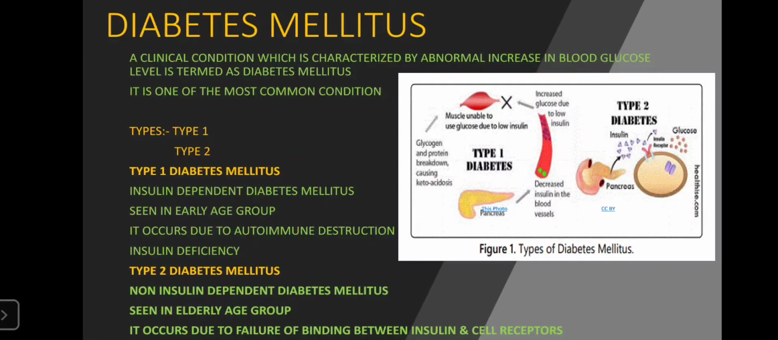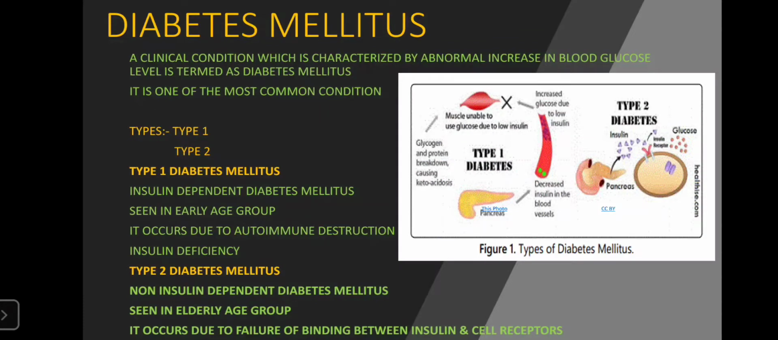So first we will see the diabetes mellitus, which is the most common clinical condition nowadays. It is a clinical condition which is characterized by the abnormal increase in the blood glucose level. Diabetes mellitus is of two types: type 1 diabetes mellitus, type 2 diabetes mellitus. Type 1 diabetes mellitus is seen in the early age group, which is the insulin dependent diabetes mellitus,